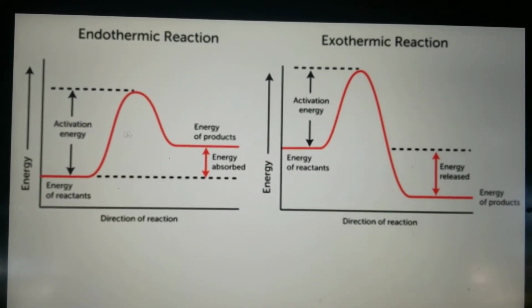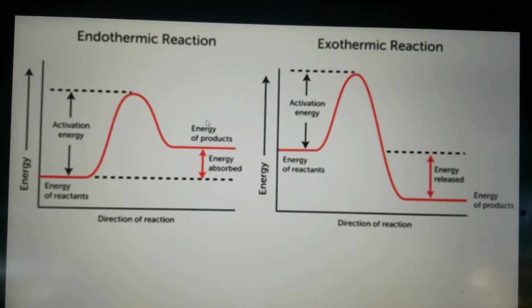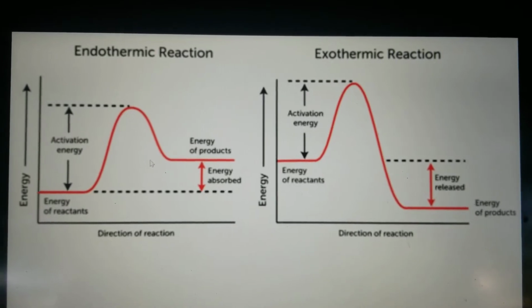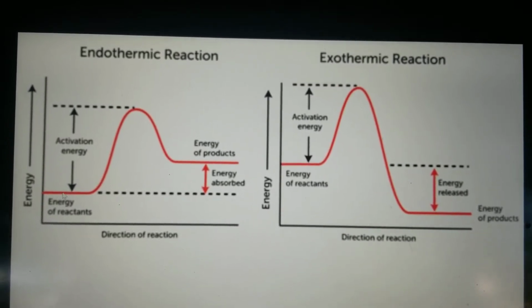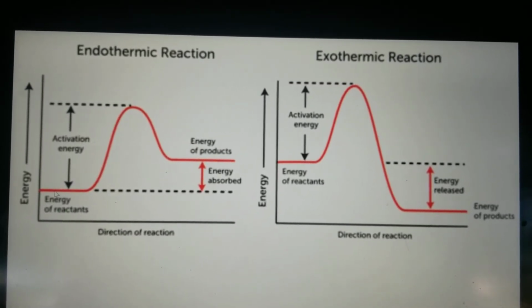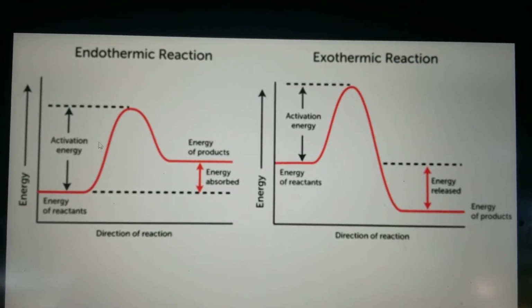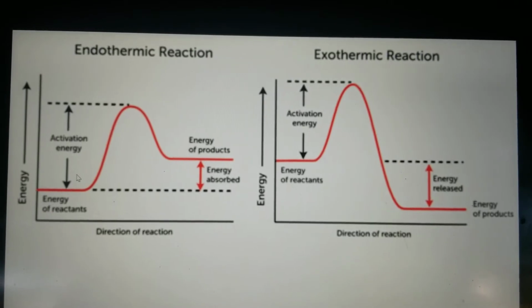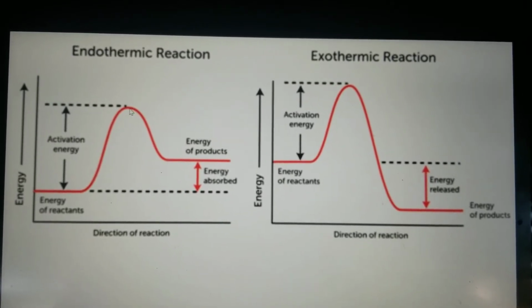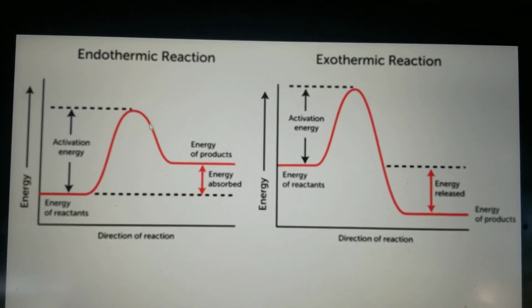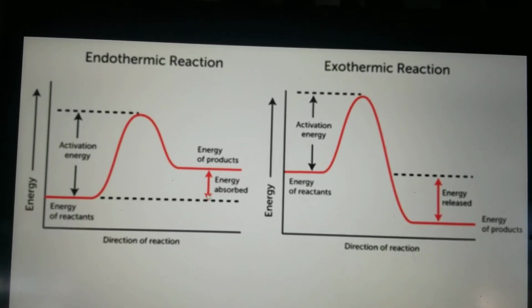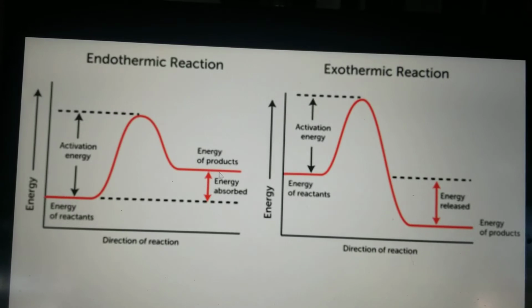So you know that this is endothermic because the energy of the products is at a higher level than the energy where the reactants started. And so this amount of energy to get to the top of the hill is called the activation energy. And then when the products form, it goes back down. And if they end up at a higher energy, then that means that in this particular reaction, energy was absorbed,